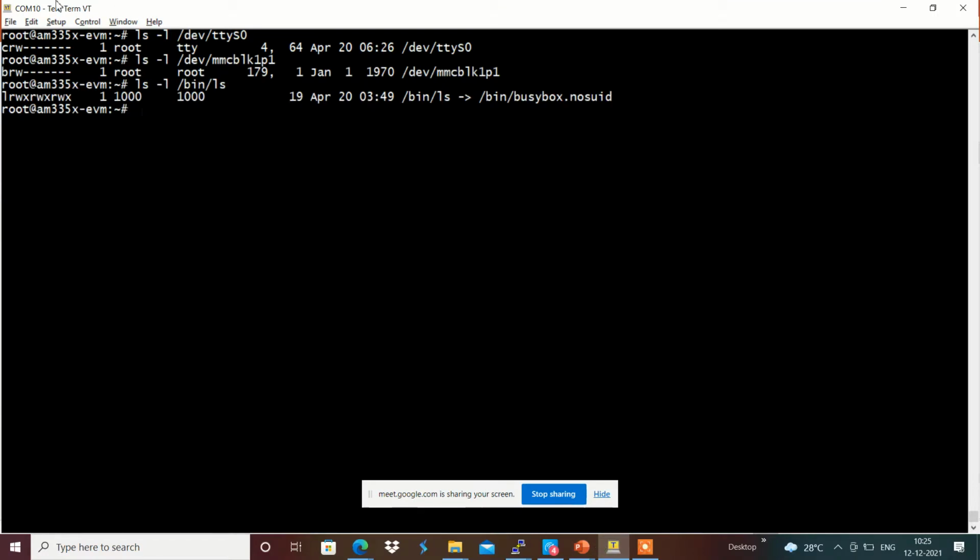For example, we have seen ttyS0, which is represented with C, a character device file, with major number 4 and minor number 64. In the case of mmcblk1p1, it is a block device file with major number 179 and minor number 1.